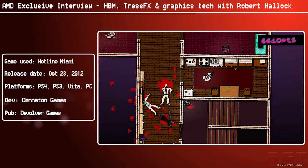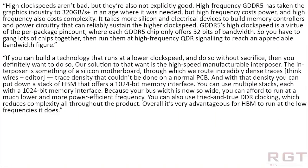So anyway, Robert Hallock responds, high clock speeds aren't bad, but they aren't explicitly good. High-frequency GDDR5 has taken the graphics industry to 320 gigabytes per second in an age where it's needed, but high frequency costs power, and high frequency also costs complexity. It takes more silicon and more electrical devices to build memory and controllers and power circuitry that can reliably sustain the higher clock speed. GDDR5's higher clock speed is a virtue of per package pin count, where each GDDR5 chip only offers 32 bits of bandwidth. So you have to gang lots of chips together, then run them at high frequencies, QDR signaling to reach an